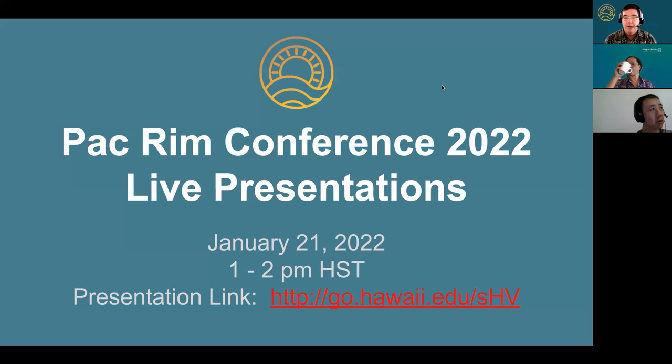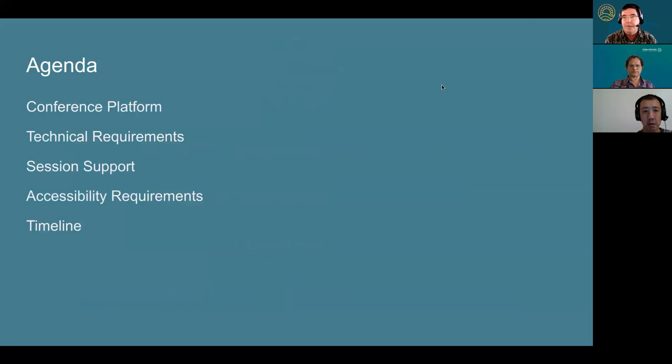So I'm just going to briefly go over these 5 areas: the conference platform, technical requirements, the session support, which you will be a part of, and also the accessibility requirements, and also the timeline that we expect people to either engage with the conference or register or let us know that you will be participating.